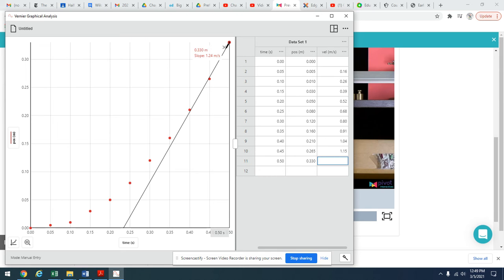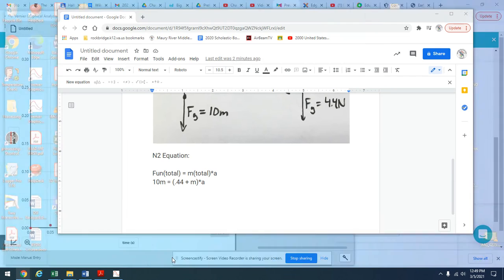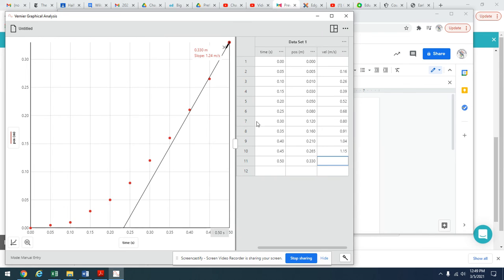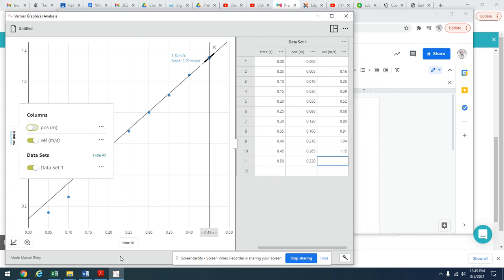Okay. So I'm going to go back to my Google Doc and check in with my physics teacher's instructions and see if I am doing the right things here. So I want a data table that shows position and velocity versus time. And I want a graph of velocity versus time. So I think that if I take this and turn this into a graph of velocity versus time,